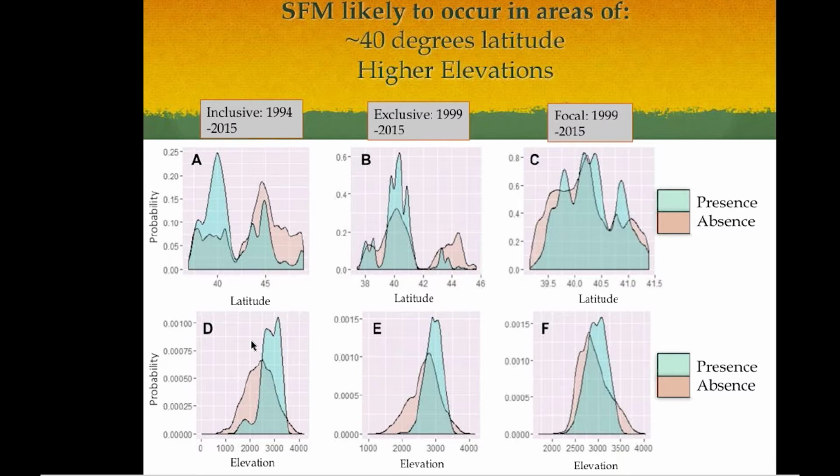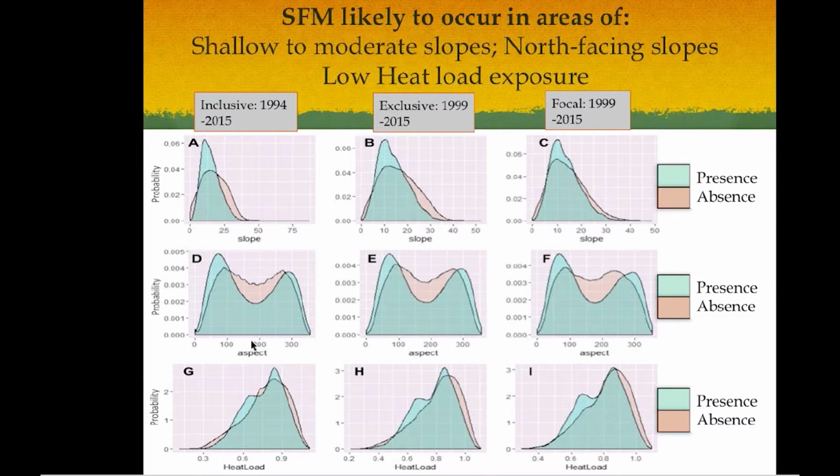And then we move furthermore to elevation, where we see that at lower elevations there's an absence of subalpine fir mortality, but when you move up higher in elevations, there's more subalpine fir mortality occurring. And then finally, we have slope, where we see that at shallower sites or less slope, we have a presence of subalpine fir mortality, which is characterized as more moist areas because there's not as much drainage of water.